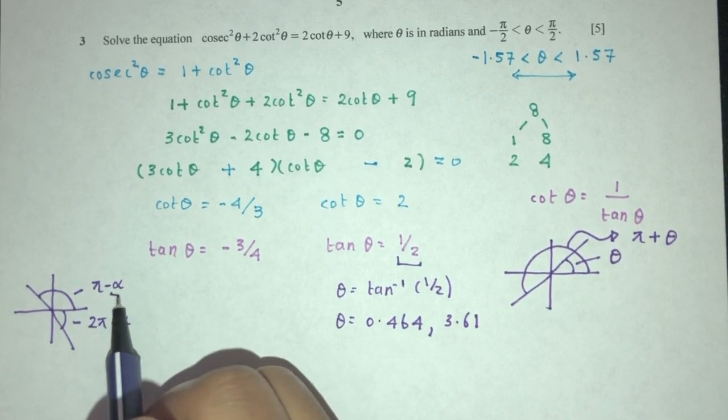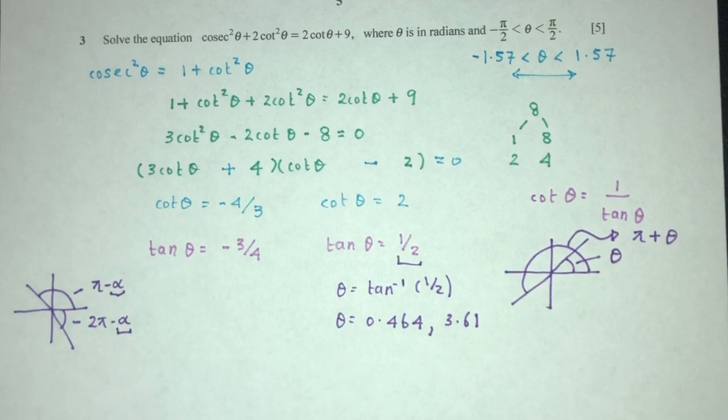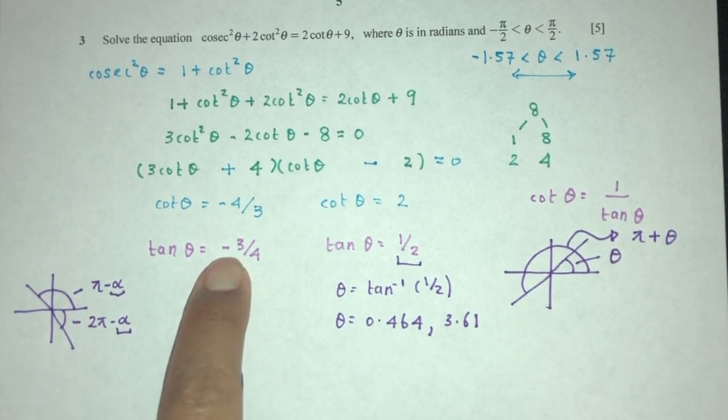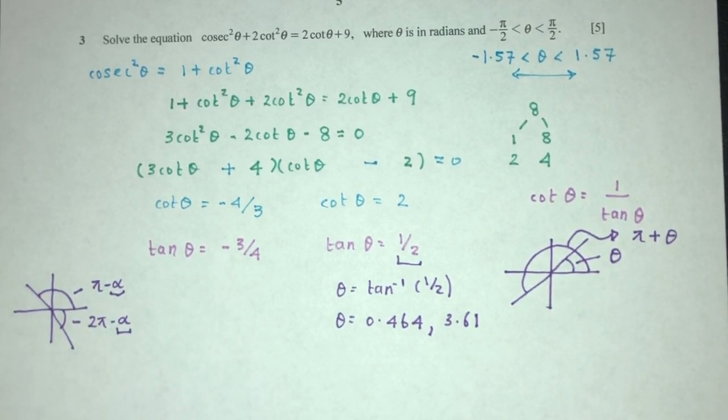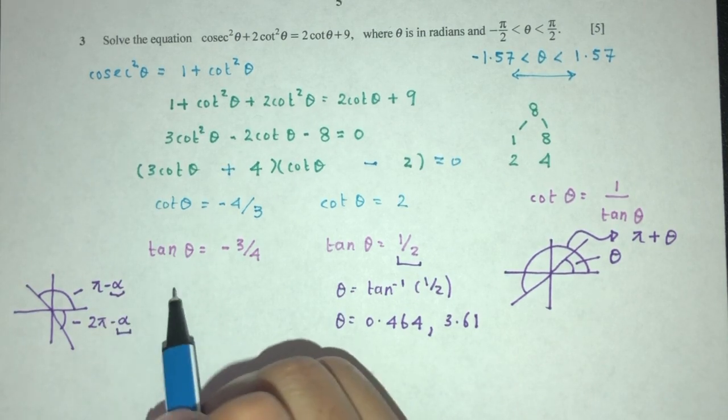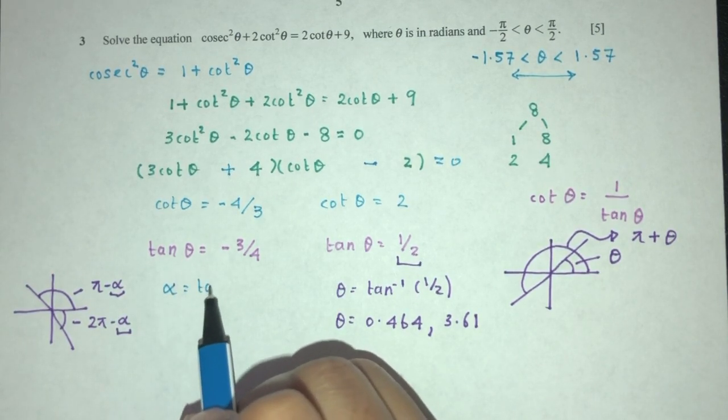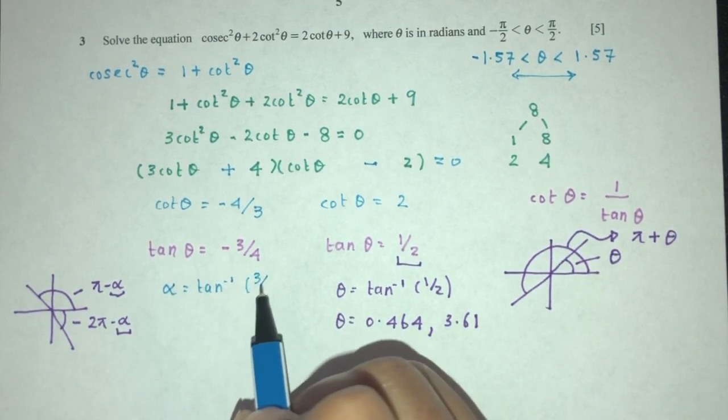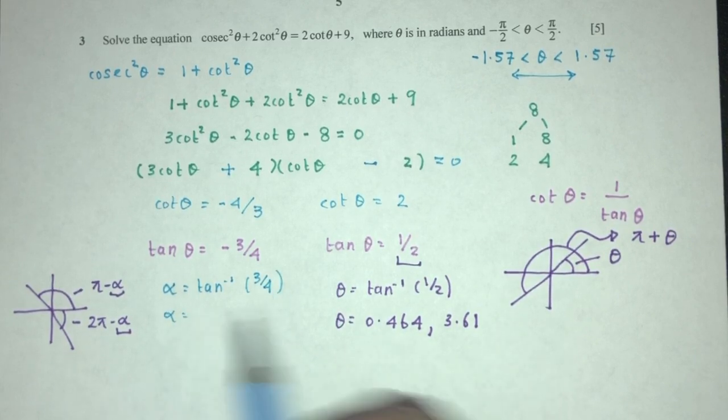Again, alpha is not the angle yet. The reason why I use a fake angle is because here we have this sign of minus. Again, it is just my method of doing this. If you know other methods, you can always choose your own method to solve this question. So here I will first find the value of alpha. That will be tan inverse of positive 3 over 4. So alpha will be